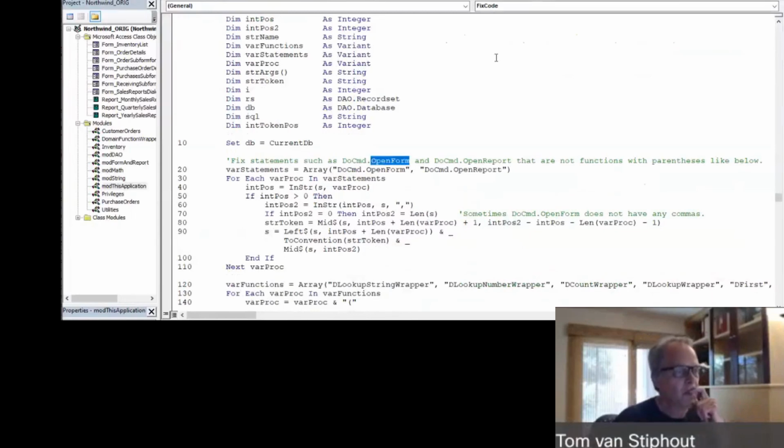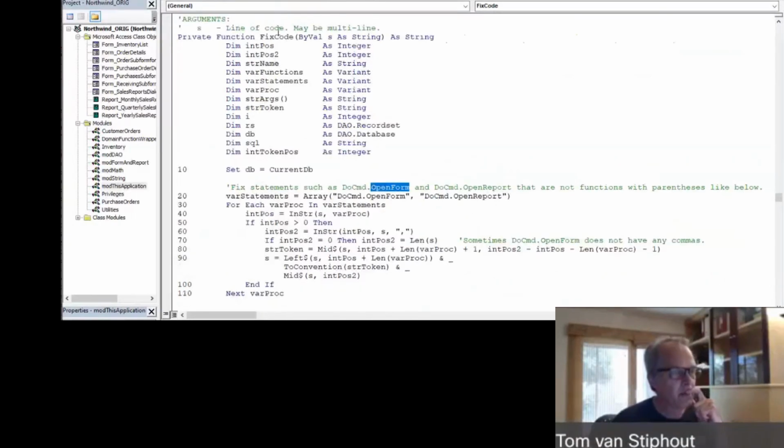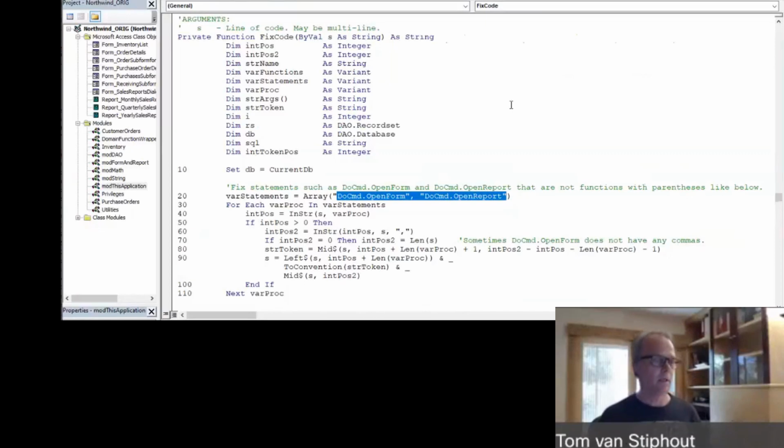So this is where we were in a line of VBA, a multi-line of VBA, and we were trying to fix up occurrences that are in Northwind, and these are the only 2 that are of this kind of signature. And so I wrote this code to do that. But if there were more VBA statements, such as DoCmd close, for example, this code doesn't know how to deal with that. DoCmd close, AC form, login, space form, that would then still fail,